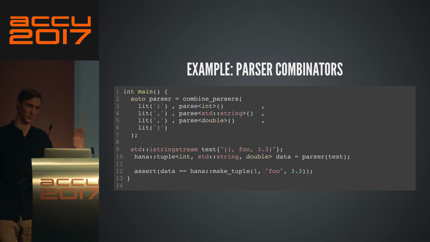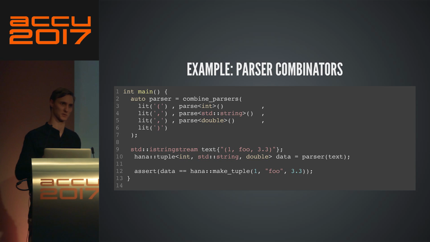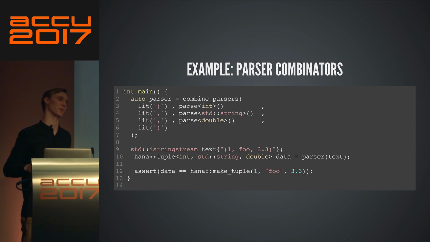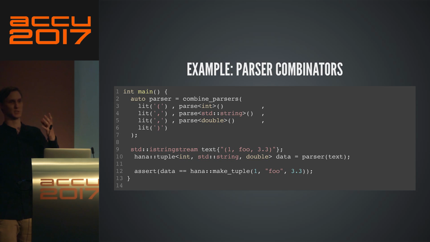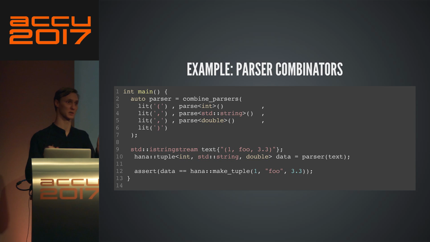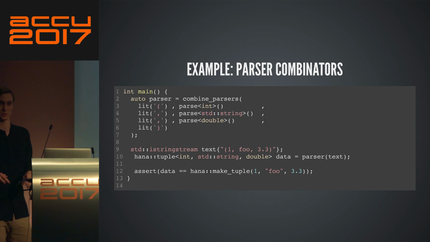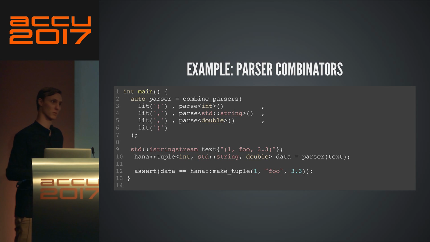And in a real-world implementation, obviously, if it fails, then maybe you have an optional, or maybe you decide to make it throwing, or we're going to forget about this. But essentially, you describe your parser, and then you would like it to return the results of its parsing. And you don't want to have to write 10,000 different parsers. You just want to have one facility to combine all kinds of primitive parsers. That's actually very powerful. And so what we're going to do is implement a primitive version of this and show how a metaprogramming library, in this case Hana, can help.